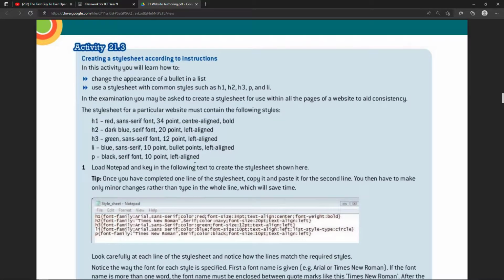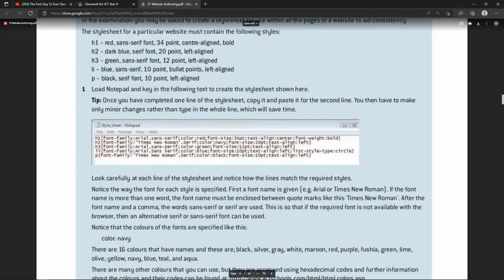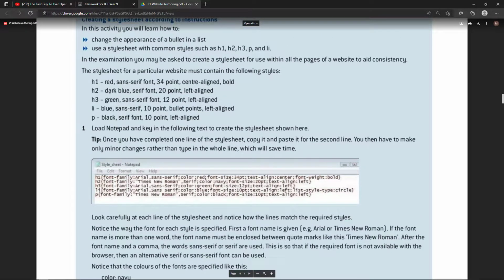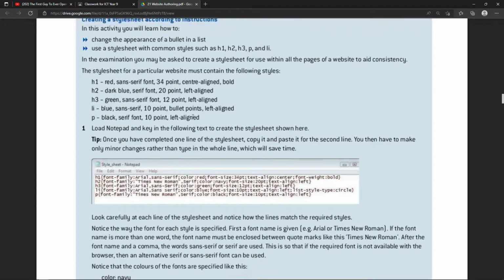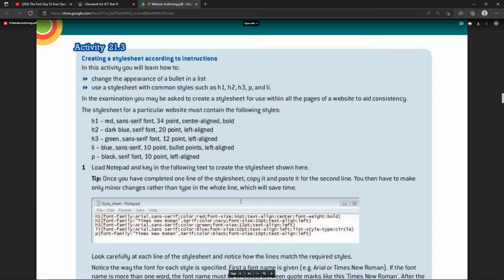And for this specific assignment they have given us how to do this. So yeah, in exam this is what they will give you. In some exams they actually do give you the style sheet and you just have to make a few adjustments